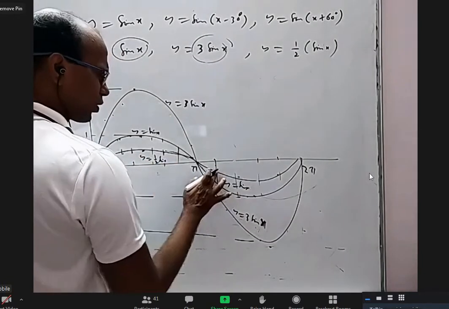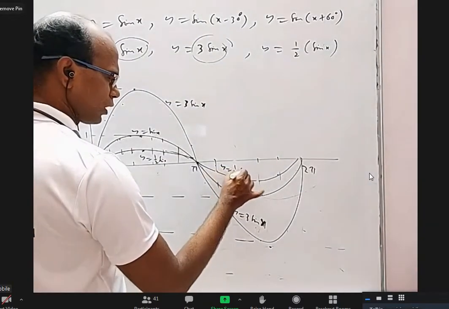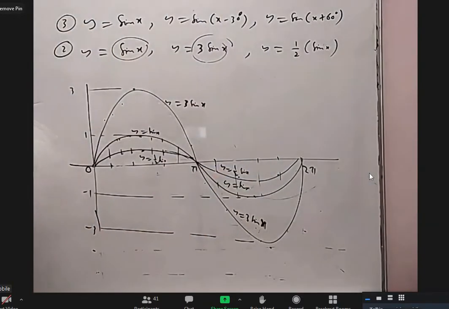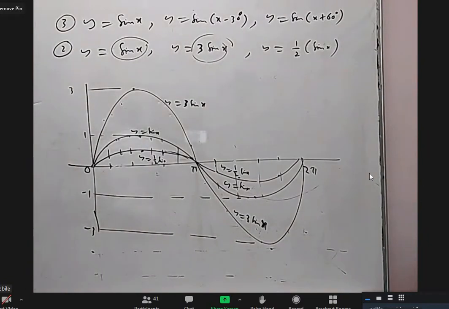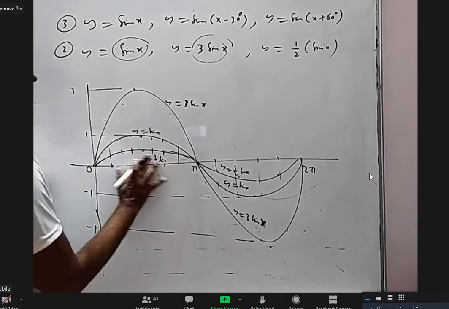It is not about drawing the graph. It is about what is the logic we are using to draw the graph. That is more important. You write it, but writing is secondary. More important is you don't have to memorize this graph by heart, to understand the logic, what is happening.